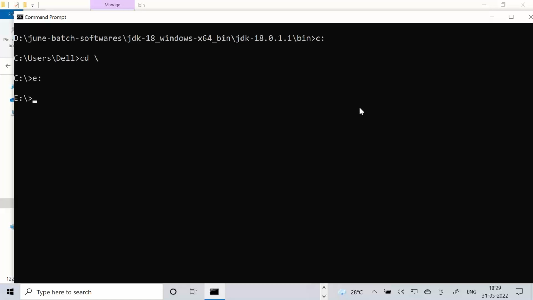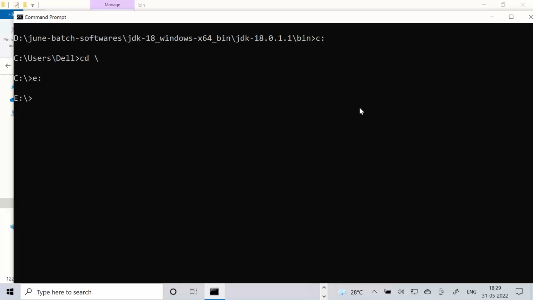We need to tell the command prompt that my javac command is available in this particular location. You need to tell the command prompt my Java command is available in this particular location. As of now, the command prompt does not know where javac is, or where Java is.